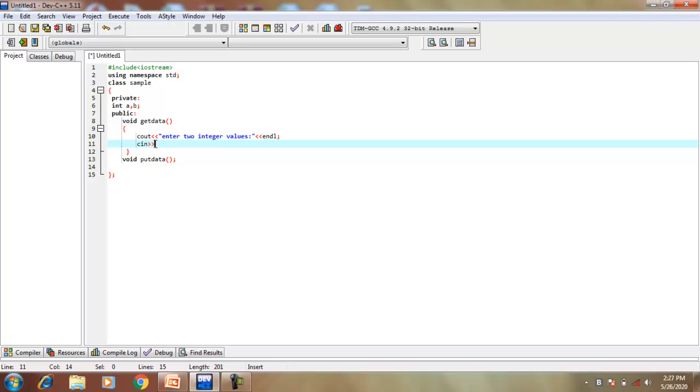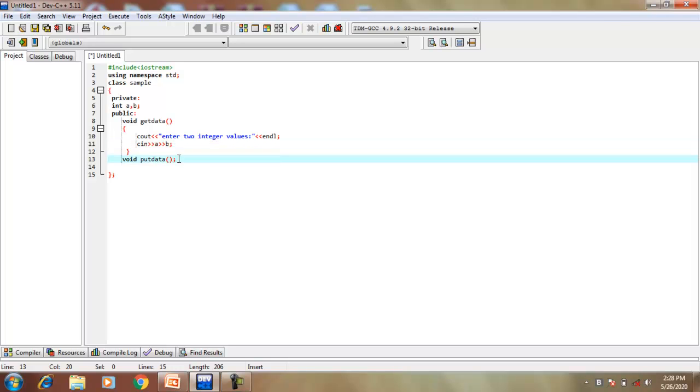The values are scanned through the cin object. So first write cin, then the extraction operator, then the name of the first variable, then again the extraction operator and the name of the second variable. So this is the input function.